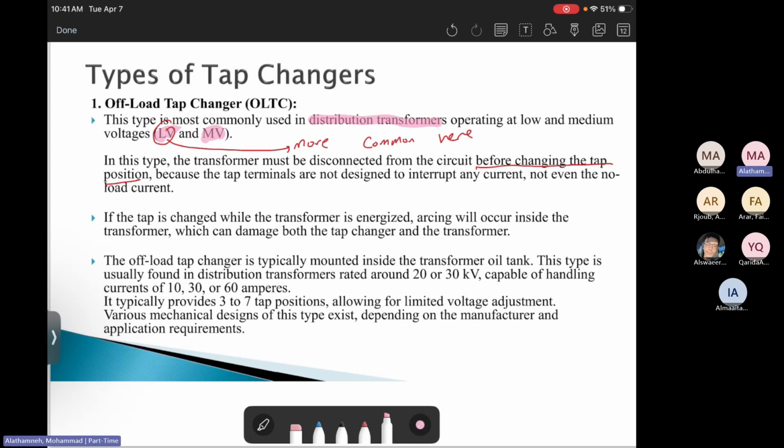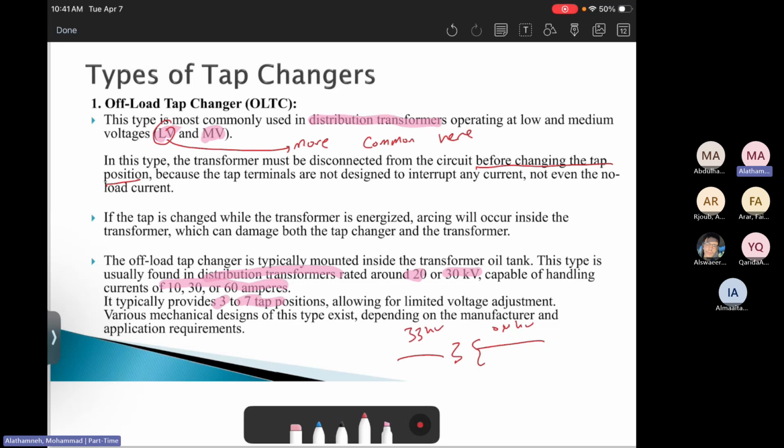and is capable in distribution transformers of around 20 to 30 kilovolts as well. It is capable of handling currents of 30 to 60 amps. It provides 3 to 7 tap positions. But the thing about it, again, what's happening in the distribution transformer, for example, 33 kilovolts to 2.4 kilovolts,